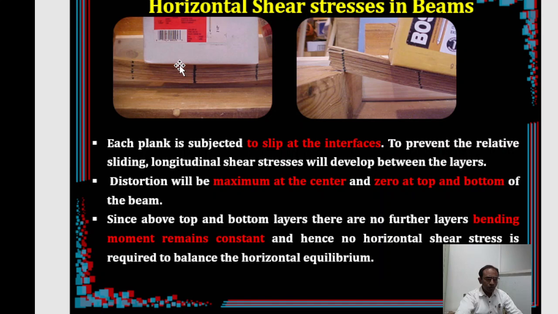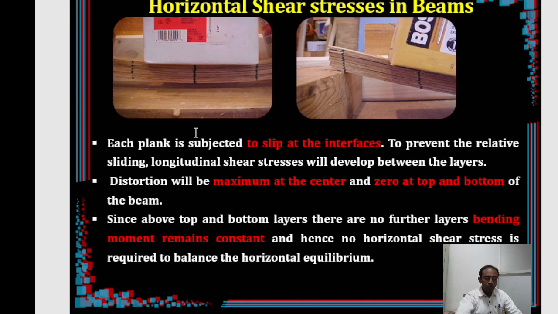Then these planks are kept one over the other, and you put some weight on that. What happens is there will be sliding between one plank and another, a slippage at the interface. Now to prevent that sliding, the horizontal stress development will take place,